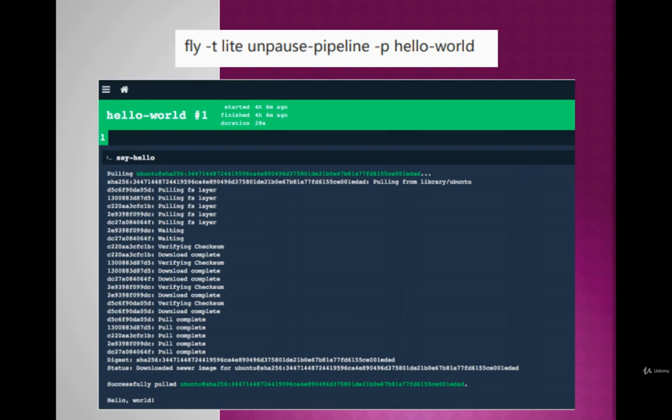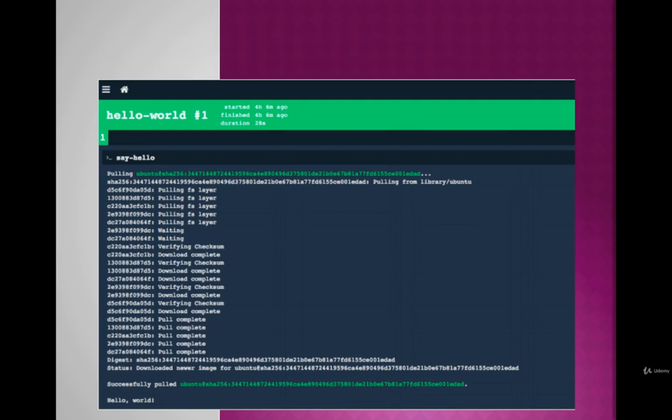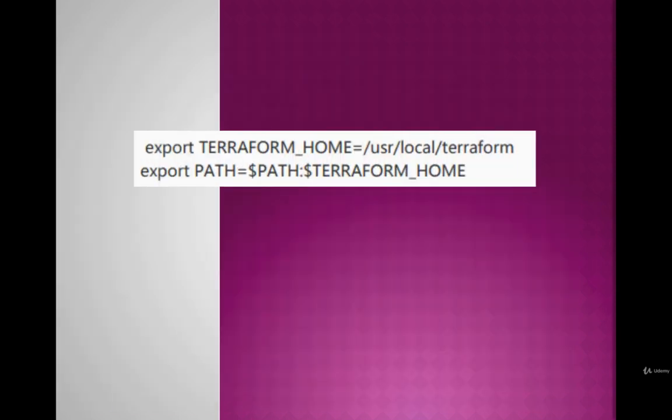And finally create the following entries in the /etc/profile directory and add the path where the binary file resides, which is /usr/local/terraform in this example, to the PATH environment variable. This is as you can see on the screen.